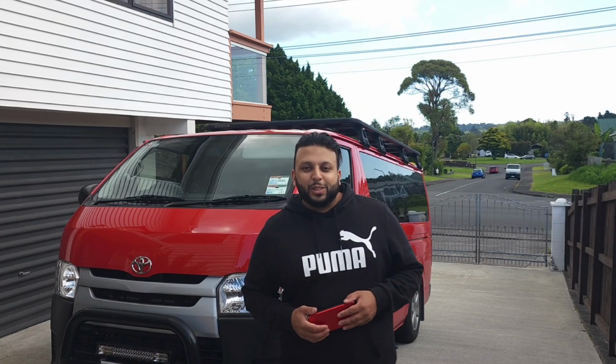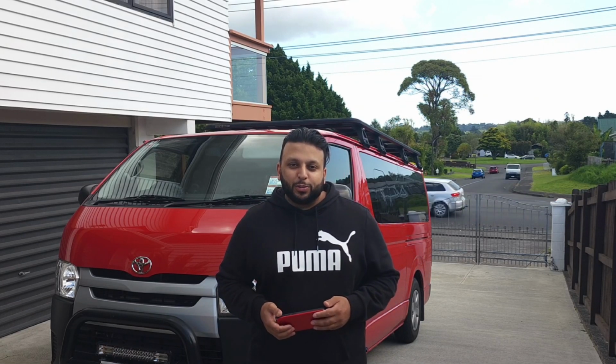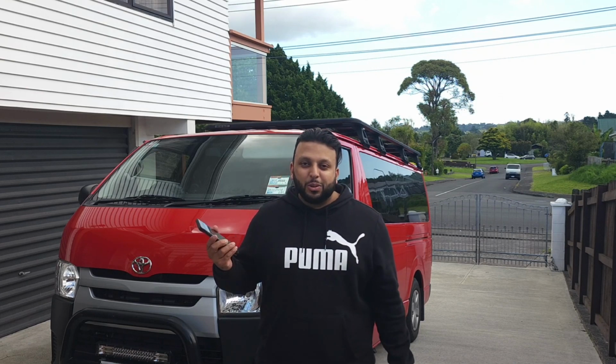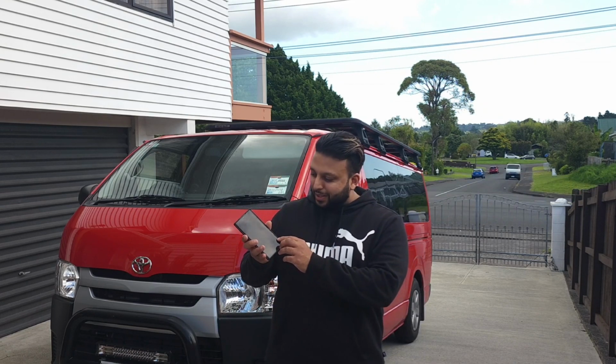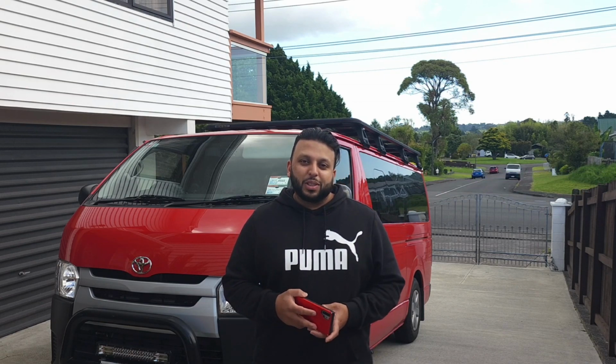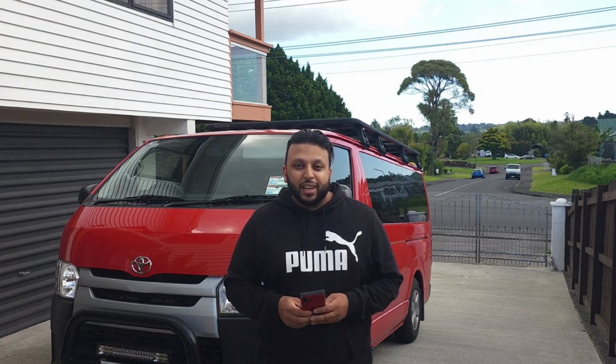Hey guys, so I recently bought an S22 Ultra phone, which is the one that I'm actually using to record now, and I was kind of wondering what I would do with my Note 10 Plus. It's a little bit cracked on the side here and the battery's not so good. So I was thinking maybe I'll actually try using this phone as a dash cam while